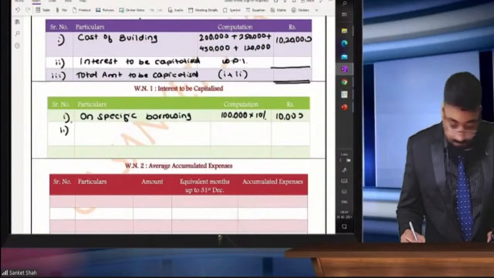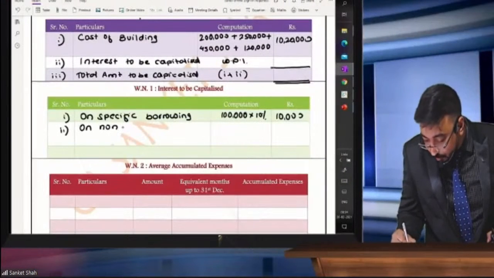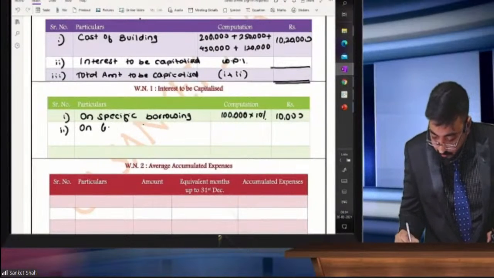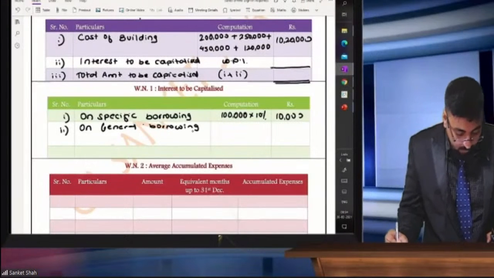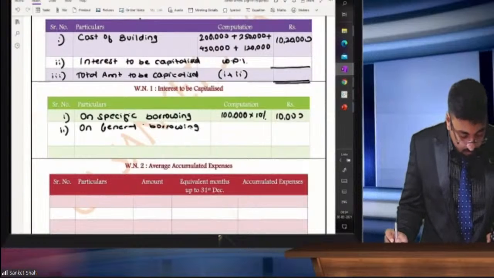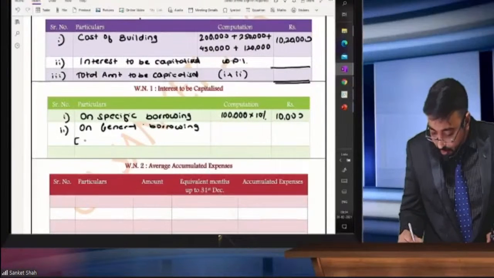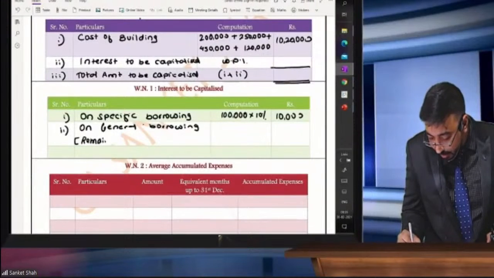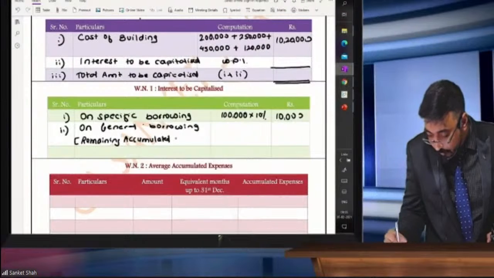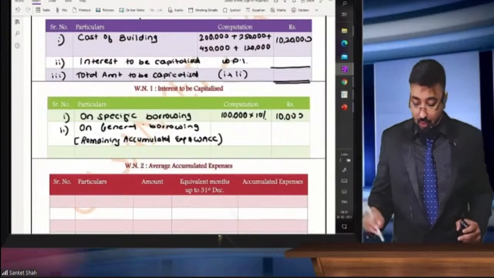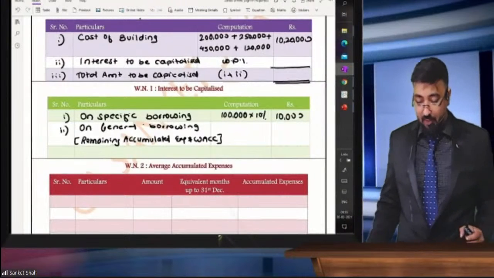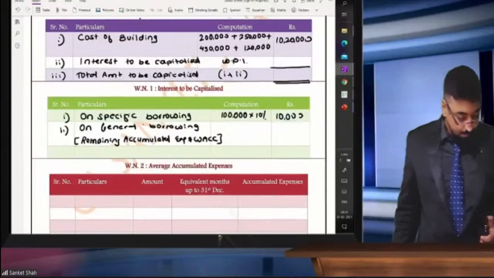And second one, on non-specific borrowing or on general borrowing, you can write general borrowing. Yes, that is more correct word. On general borrowing. So how to calculate this? Write down below that. Remaining accumulated expenses into WACC. Into WACC, weighted average cost of capital. So remaining accumulated expenses